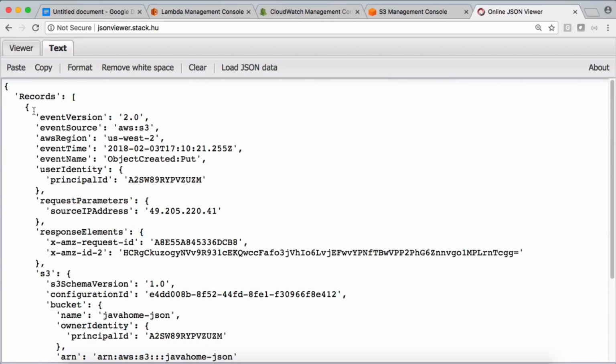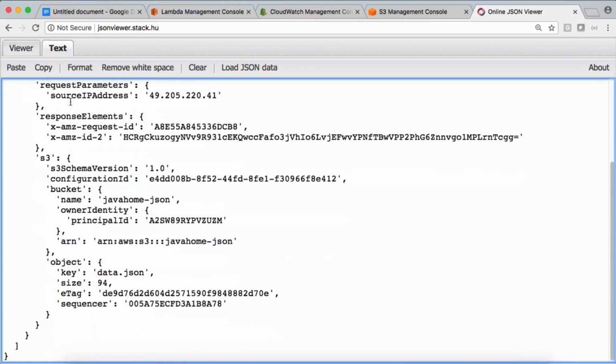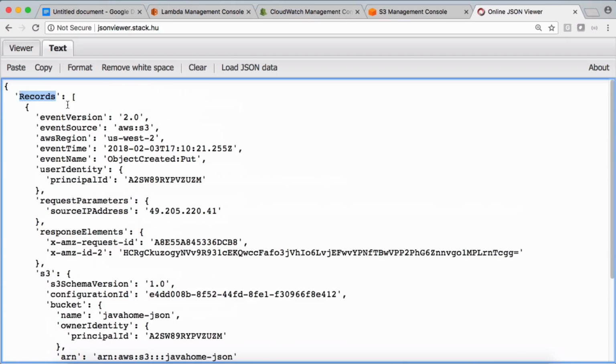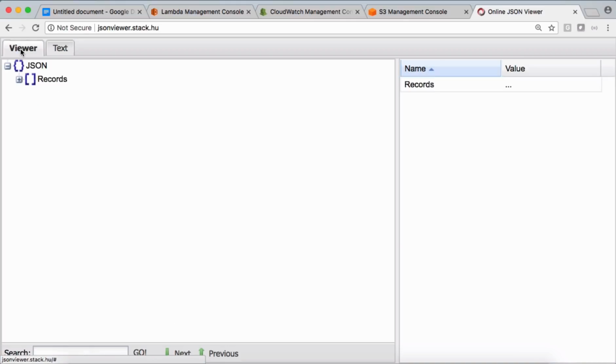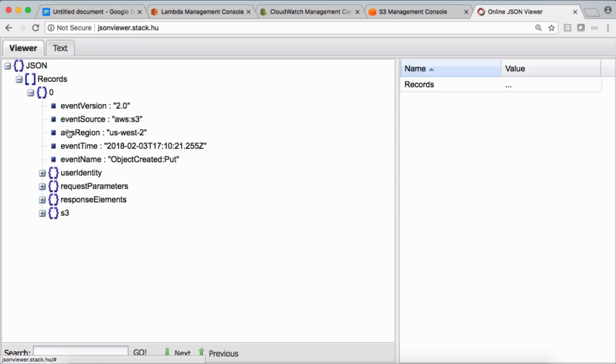This is the actual object. From the actual object we have Records. That's the main property in this object. It is an array, so in this case it's going to be one single entry. Let me show it in the viewer. It's nicely formatted. See, the main property is Records. In this we have only one record. Under Records we have something like event, version, source. Along with that